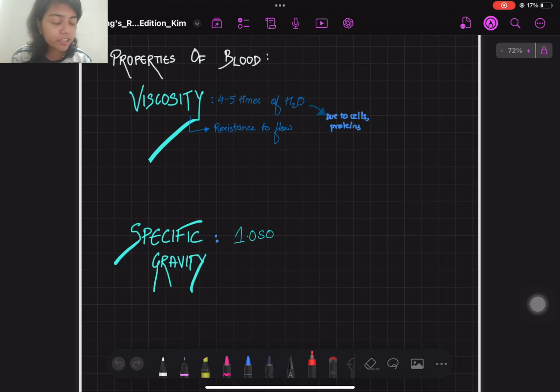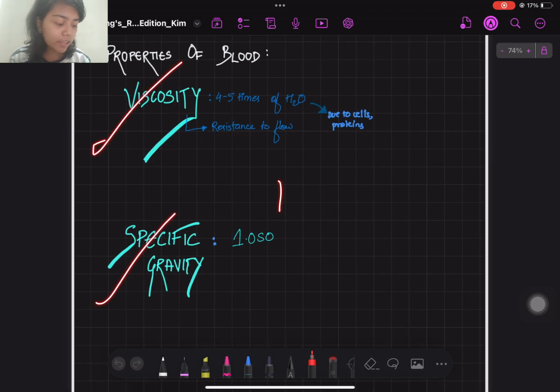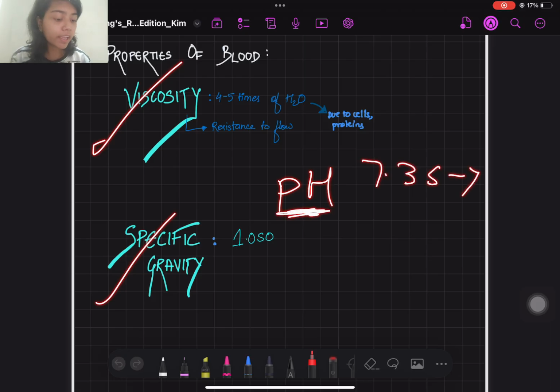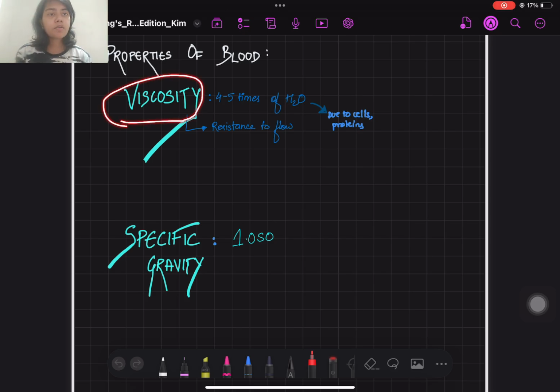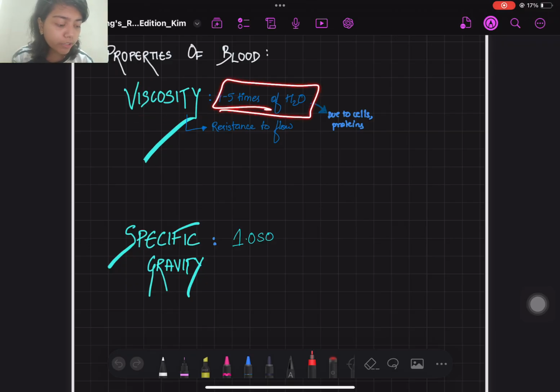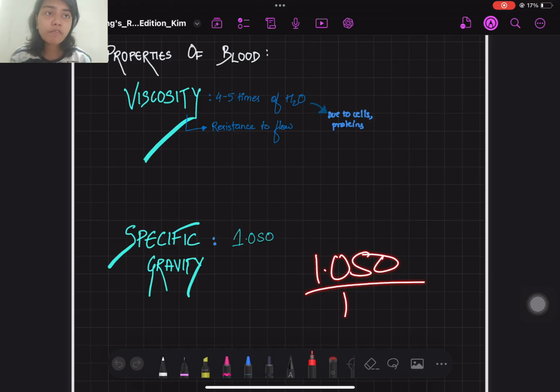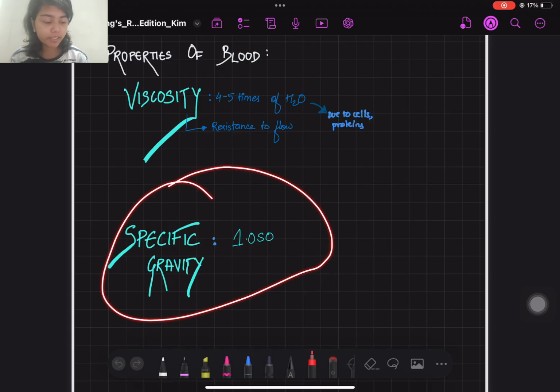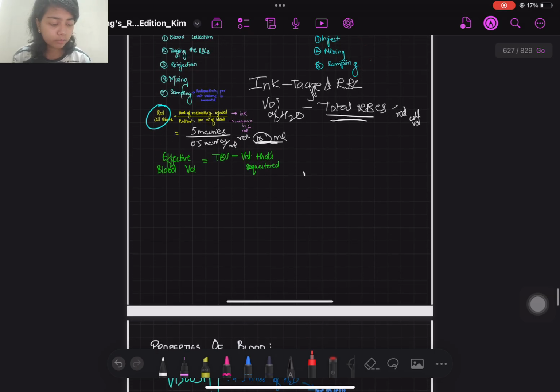Then I want you to pay attention to the properties of blood, okay. So properties of blood include viscosity, specific gravity, and another property which you can write is the pH of blood, okay. So pH of blood is around 7.35 to 7.45, slightly alkaline. And viscosity of blood, viscosity basically is the thickness of blood, okay, meaning how much it resists flow. If viscosity is more, it won't want to flow, right. So viscosity of blood is 4 to 5 times of water due to cells and proteins and so on. Then specific gravity, specific gravity means density with respect to water, so for water it is 1, no, so density with respect to water is 1.050, that is specific gravity, so slightly more than water,